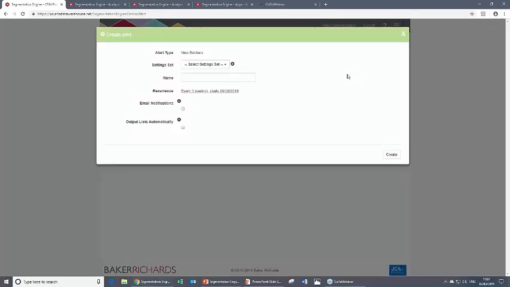New bookers is very simple. There are only a few things that we need to set up. First of all, we need to decide which of our setting sets we are using. So do we want to look at the whole scope of our performances, or do we want to look at just particular season types? In this case, I'm going to choose my own settings. And then we want to name this alert something. So in this case,